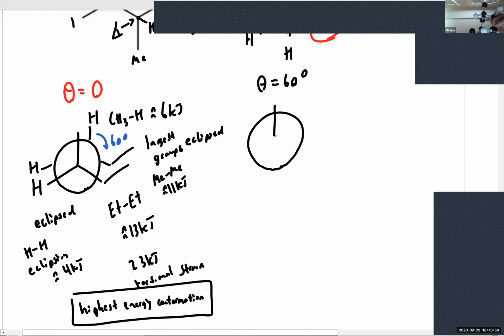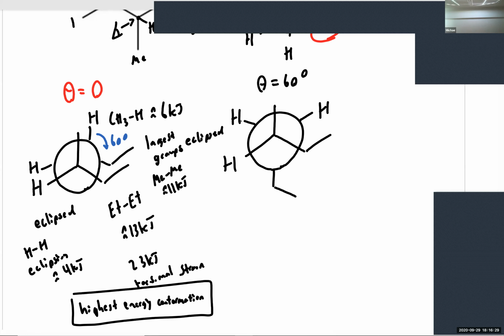So our front substituents stay exactly the same. And our back substituents, as we've noticed, we have our ethyl group pointing down, and our two hydrogens on the upper left and upper right corner. So in this case, we would call this conformation a Gauche conformation because we have a 60-degree separation between our